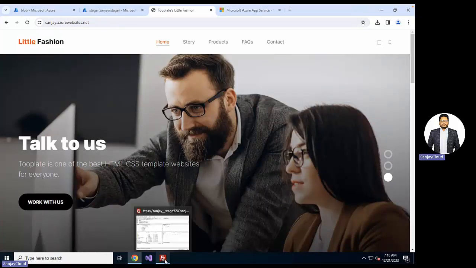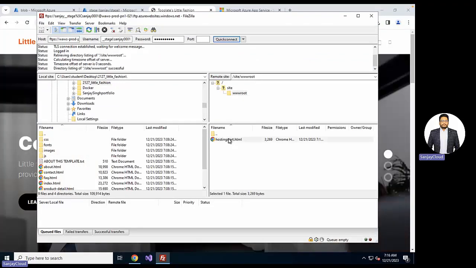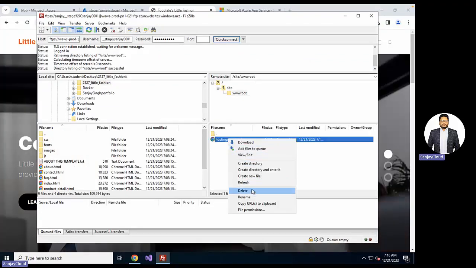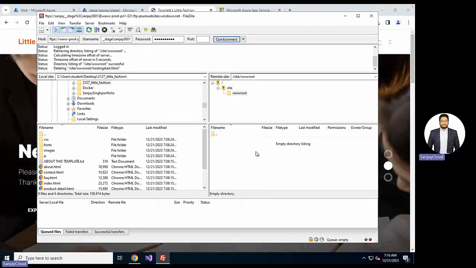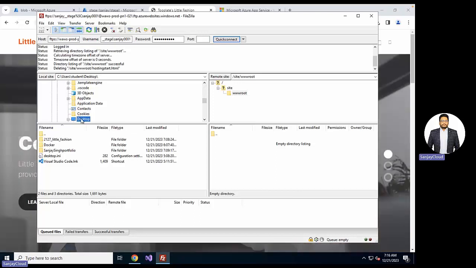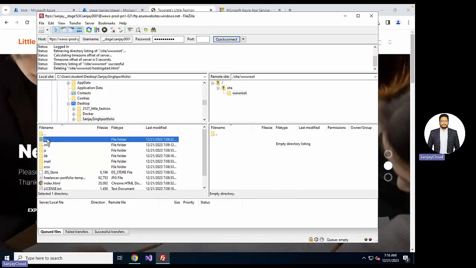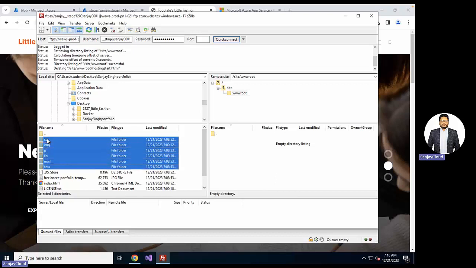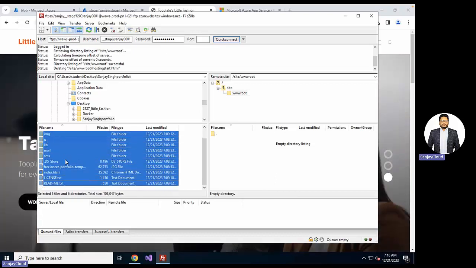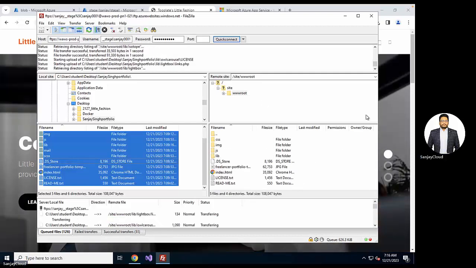So now there are no vulnerabilities, so I'm going to swap my application. How will I do that? On the right-hand side, I will first delete my default HTML page, which I deleted. Then let me go to my desktop. From the left-hand side, select desktop. Let me go to my folder where I have my custom application. Let me select my folders and files for the custom application. Drag and drop,